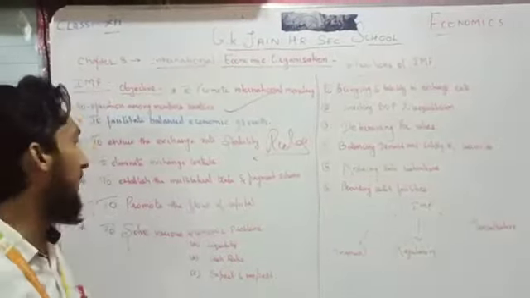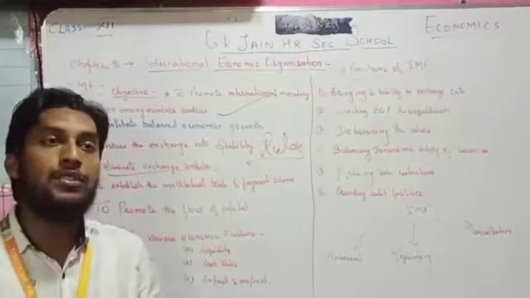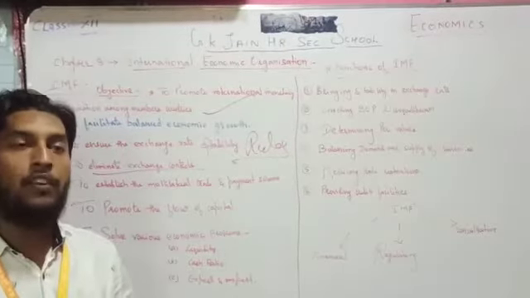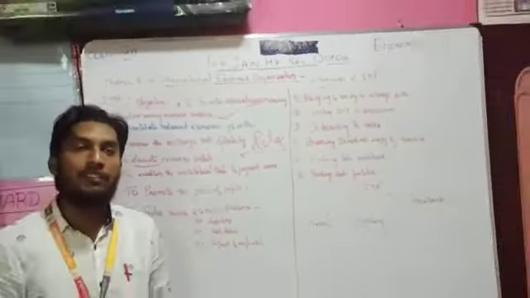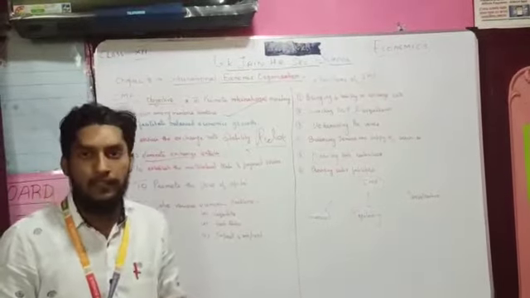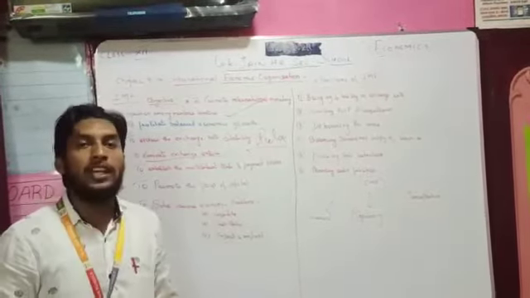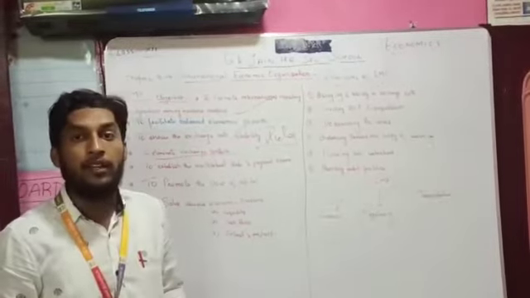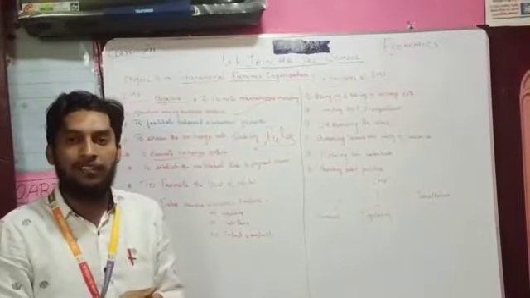Next, to eliminate the exchange controls. One of the best reasons why we should have an IMF is to control and eliminate exchange rate control. For example, earlier, before the World War, before 1945, there were a few powerful countries like the UK, the US, Russia, and Japan, and they used to control the entire exchange rate. For example, if anything was exchanged, like gold, they would say only this rate will be followed. There was a kind of dictatorship in the field of economics.